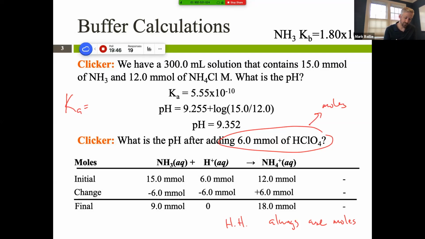And the reason is because moles over moles, or molarity over molarity, are the units of concentration. They're always in the same solution, so they're divided by the same volume. The time that doesn't